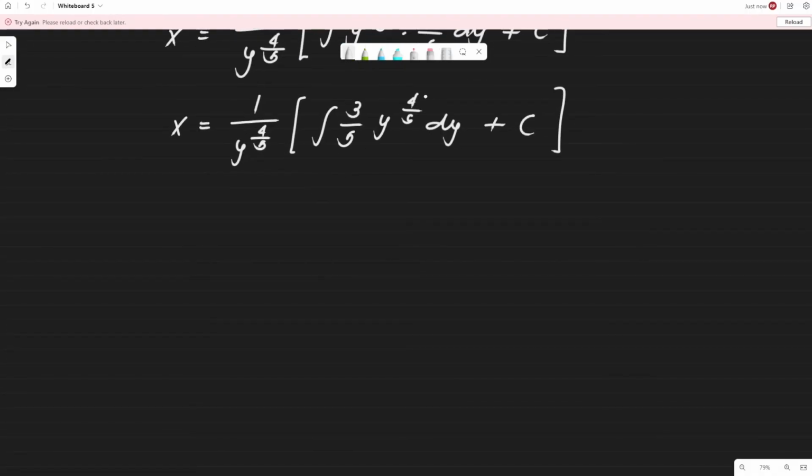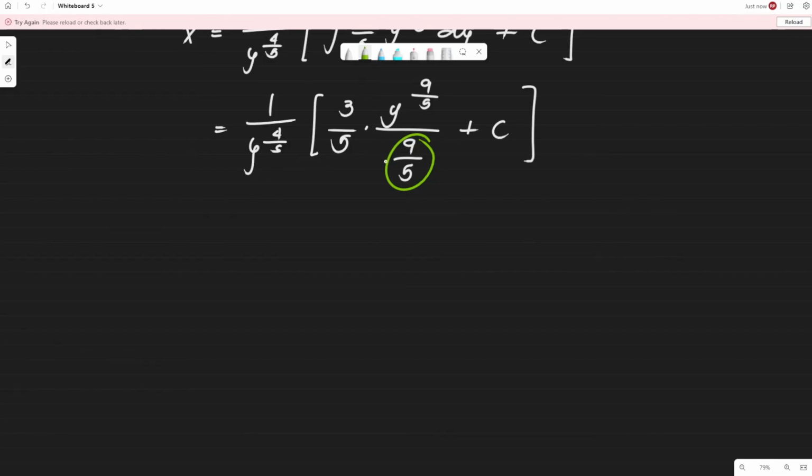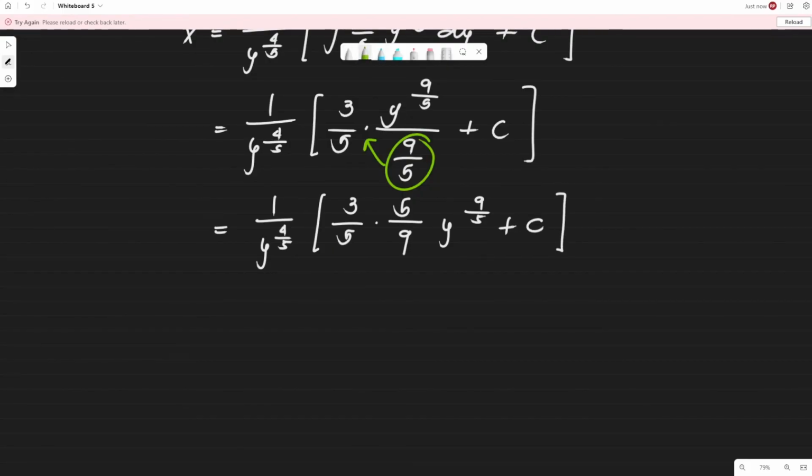Ayan. Then, the integral, no, netong part na to, okay, is, of course, 3 over 5 constant times y raised to 4 over 5 plus 1, that will be 9 over 5, over 9 over 5 plus C. Okay? Tapos, ito, no? Kunin natin yung reciprocal, then multiply natin sa numerator, sa exponent. So, we'll have 1 over y raised to 4 over 5 times 3 over 5 times 5 over 9 times y raised to 9 over 5 plus C. Okay, so obviously ito makaka-cancel, cancel, matitira yung 3 sa 9, 'di ba? So we'll have,